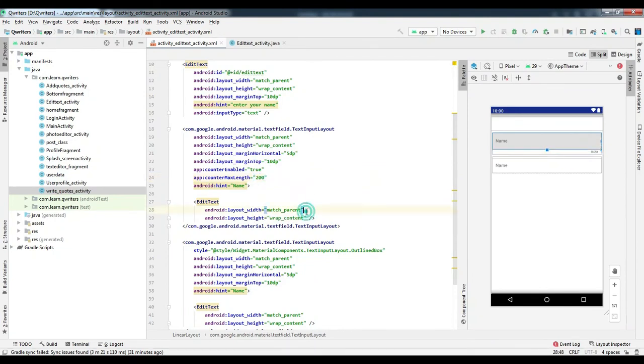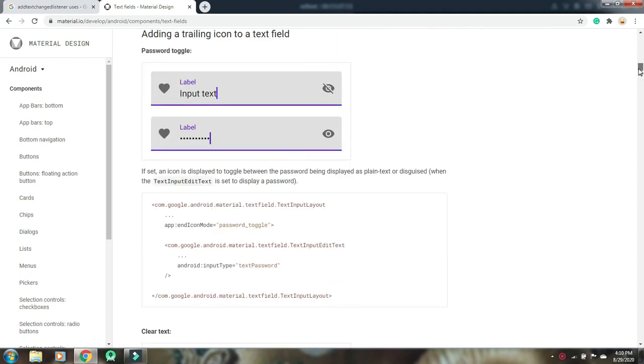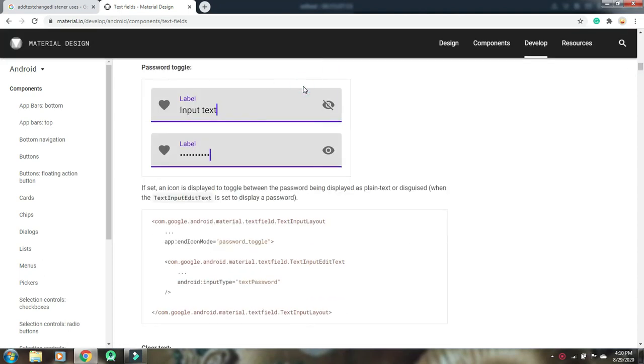Next, in the text field we can add icons at the start also. So to add an icon at the start, we have to specify startIconDrawable, the icon resource, and startIconContentDescription, some description related to that icon. Next, to add an icon at the end, that is nothing but the trailing icon.